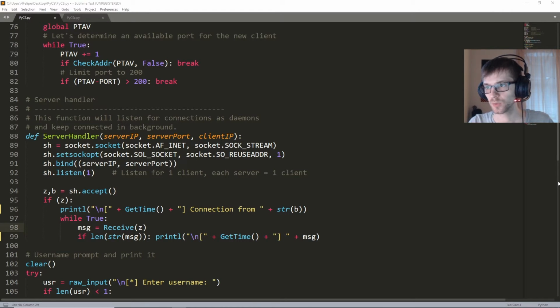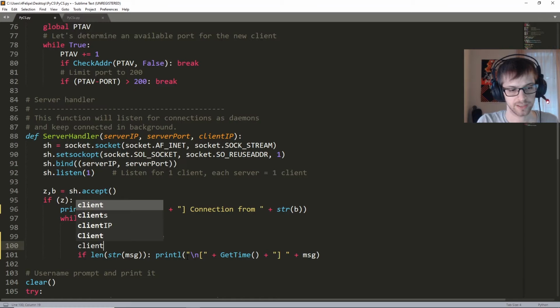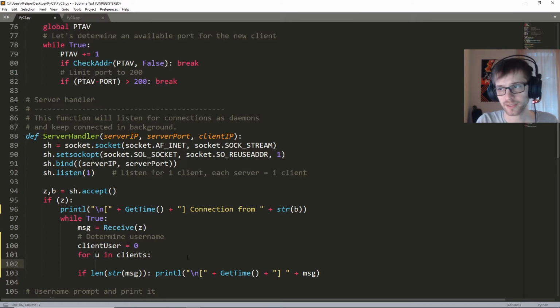So let's do it like this. Right after we receive the message, determine username. Client user equals 0. We'll do like for x in clients, if string u1